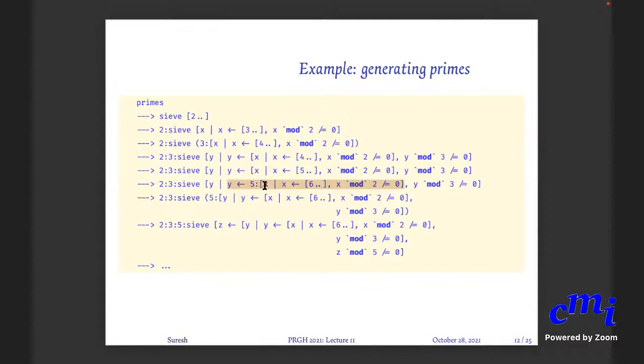But now you will apply the test, so this internal thing becomes 5 colon. Now you will apply the test of whether 5 mod 3 is not equal to 0 or not. It is not equal to 0, so it will survive. Then you will actually say 2 followed by 3 followed by 5 followed by, now you will have to do 3 level filtering. First level you will test against divisibility by 2, then divisibility by 3, then divisibility by 5.